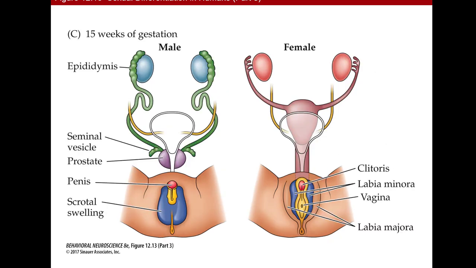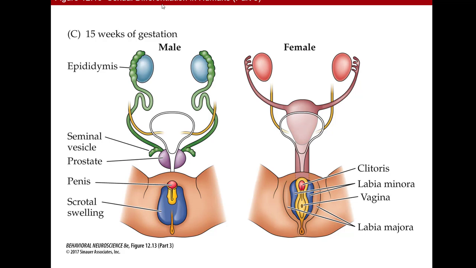Now, as we get to 15 weeks of gestation, this is where you're getting closer to being able to tell on an ultrasound the sex of the baby. But certainly at 15 weeks, it depends on what kind of ultrasound. Is this a 3D ultrasound? You'll be able to get a better picture. With just a regular ultrasound, usually they say at least 20 weeks to get a pretty consistent answer on that.